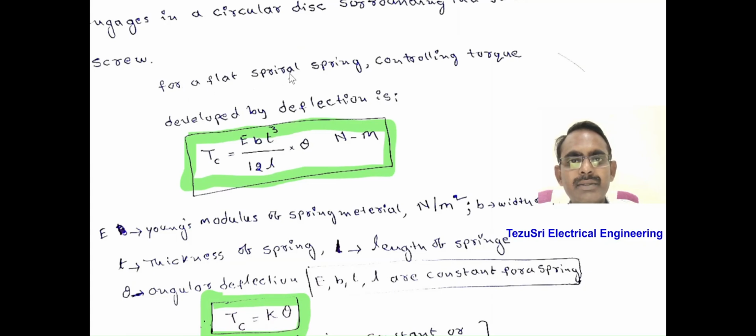For a flat spring spiral, the controlling torque developed by the deflection is Tc equal to E B T cubed by 12L into deflection angle theta, in Newton meters. Here E equals Young's modulus of the spring material, measured in Newton per meter square. Here B equals the width of the spring, T is the thickness of the spring, and L is